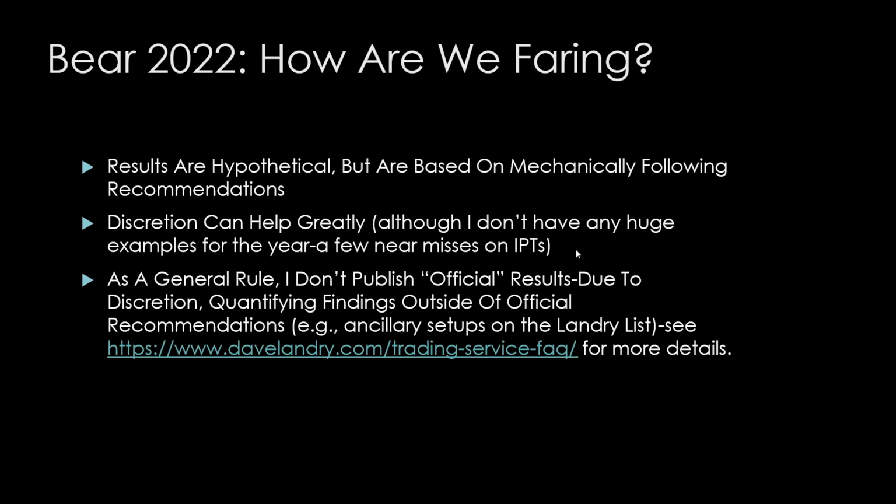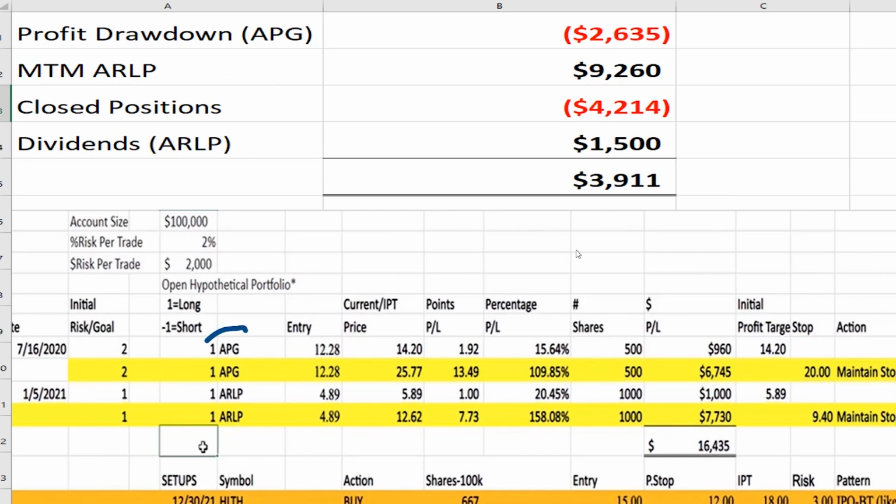But I will do some of these other things because, hey, I'm here all day anyway. So in the open portfolio, as of December 31st, we had 2 stocks in the portfolio, APG and ARLP. Now, ARLP has been our big winner for the year, but APG stopped out. So we were actually more profitable at the beginning of the year than we were later into the year when this one stopped out, obviously. So that was a loss, an open loss of